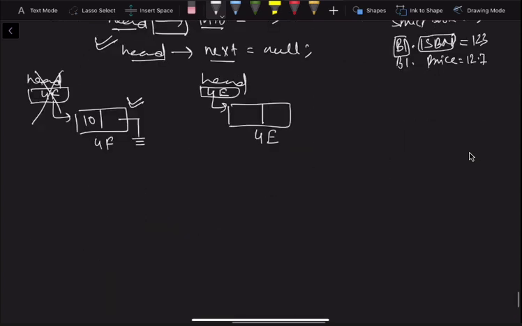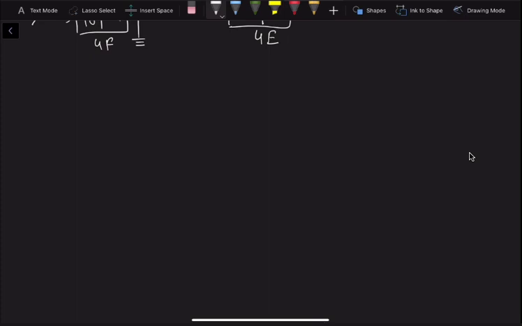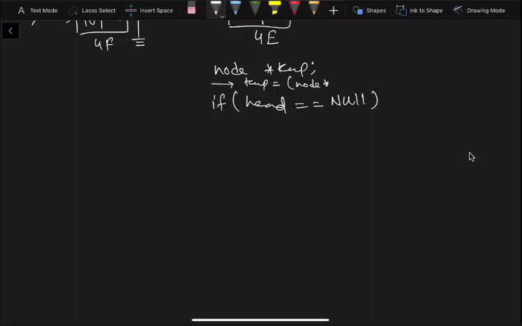So what happened here is, so I am writing code now. So if head equal to null, this is the condition for initial phase when we have no node at all, and we have node asterisk temp. Okay, and before this we have also created a new node by using temp is equal to node asterisk malloc and then size of node.